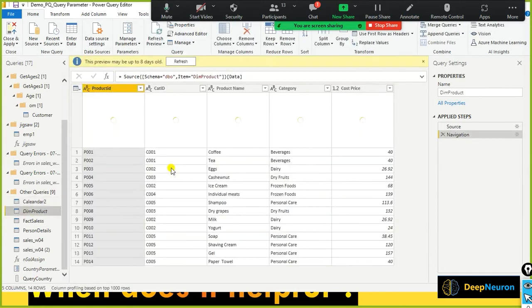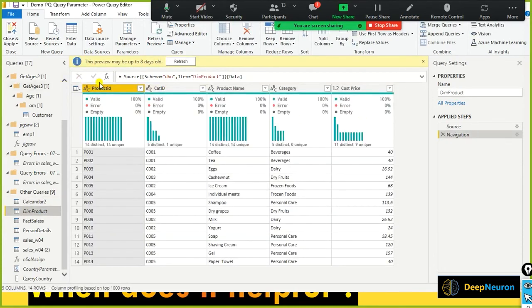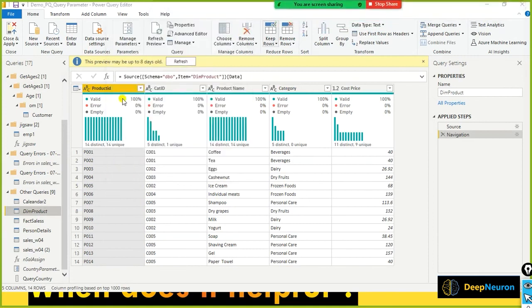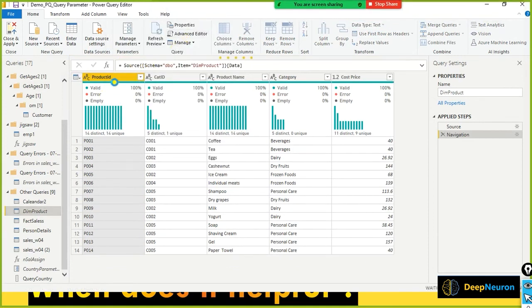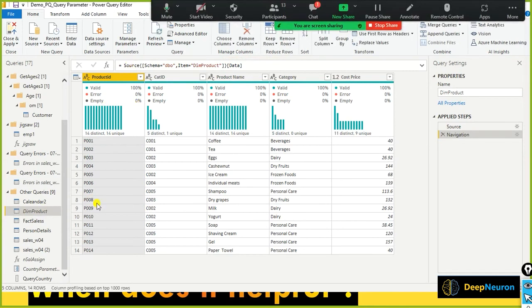Let's assume that in the product table, we don't have the product ID column. You have category ID, product name, everything is there, but you don't have the product ID, which is the unique key column, right? You are not supposed to have duplicate values in this product table, because this is the master table, this is a lookup table, okay? So if I want to create the index, simply go to Add Column,